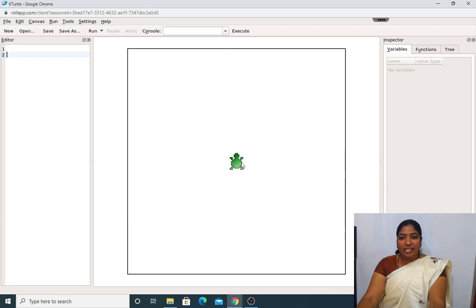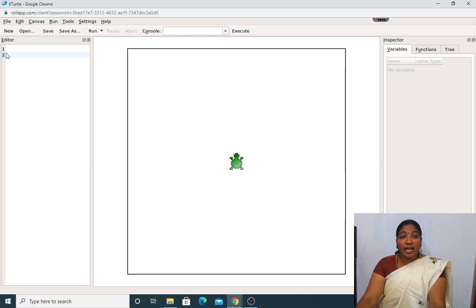Okay. Next, this is the inspector pane. What is actually an inspector pane? Inspector pane is present extreme to the right of KTurtle and it gives us information about the commands being executed.